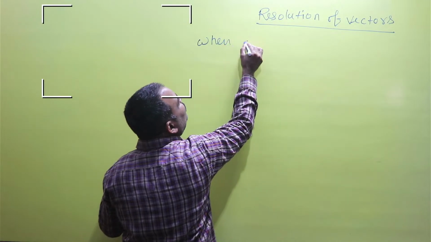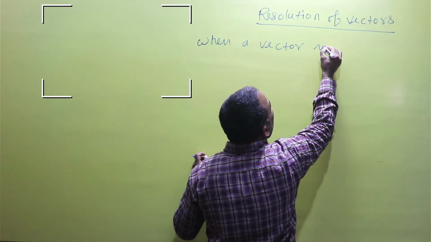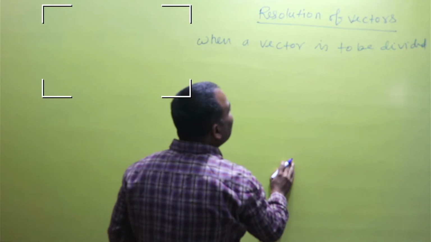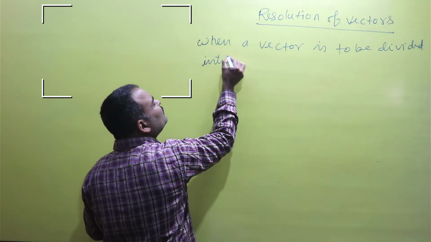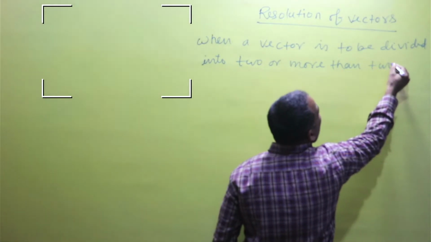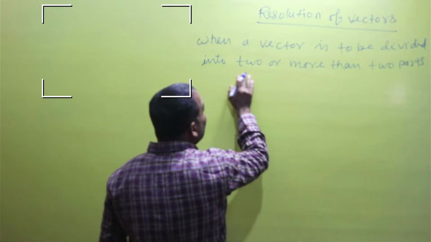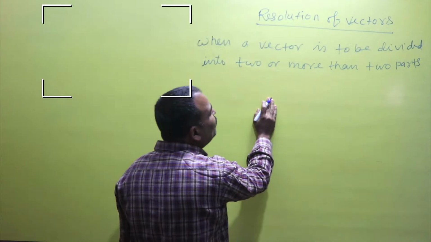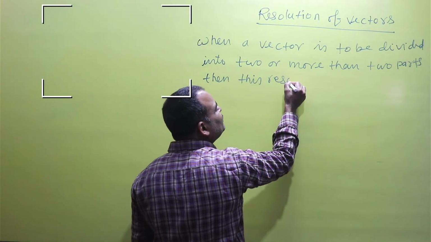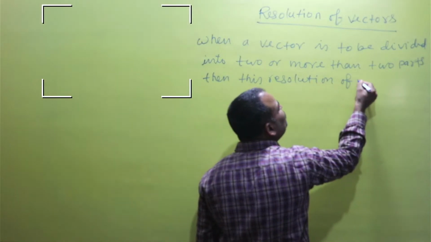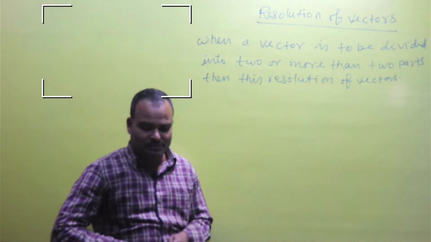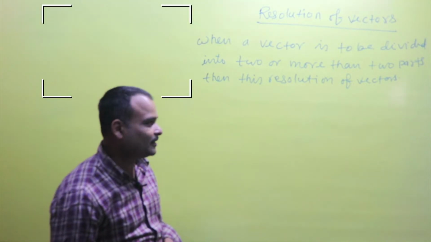So when a vector is to be divided into two or more than two parts, then this is called resolution of vector. यानी आप किसी भी वेक्टर को टू और मोर देन टू पार्ट में डिवाइड करते हैं तो वो रिजोल्यूशन ऑफ वेक्टर है।